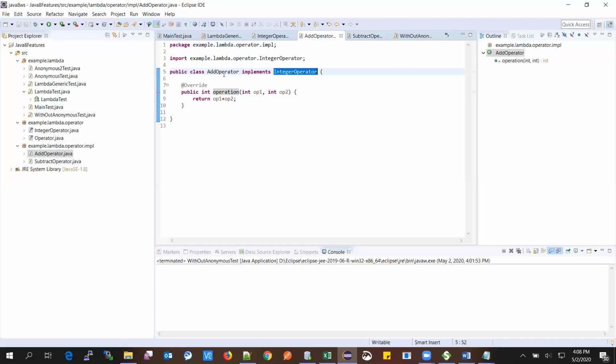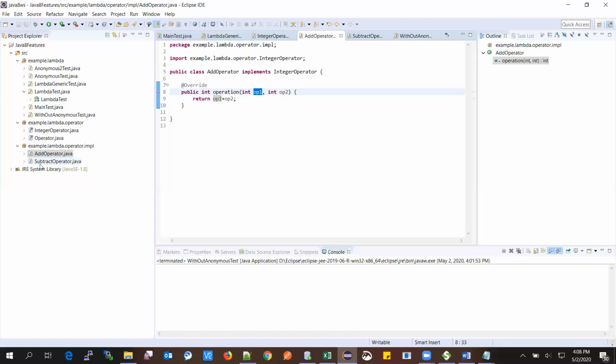AddOperator implements IntegerOperator and we should implement the method operation. As it is the add operator, I'm just returning the summation of operator 1 plus operator 2.